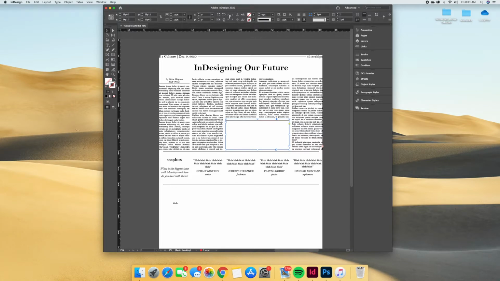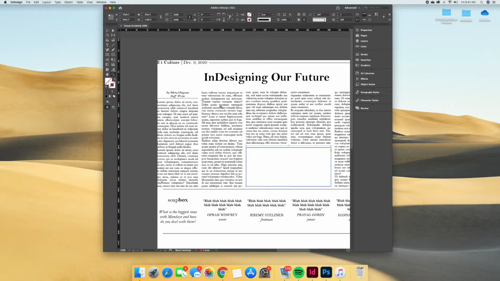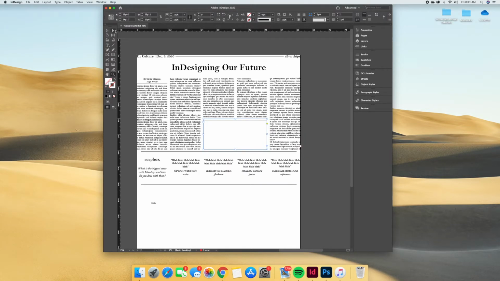Moving down, this is a zoom tool. There's this keyboard shortcut: it's Command or Control plus or minus. And yeah, this stuff you don't have to worry about in this video. This is the weight of the line around our rectangle, sorry. And this is our text wrapping options. So these are all, at least these things and that and this, those are more text wrapping